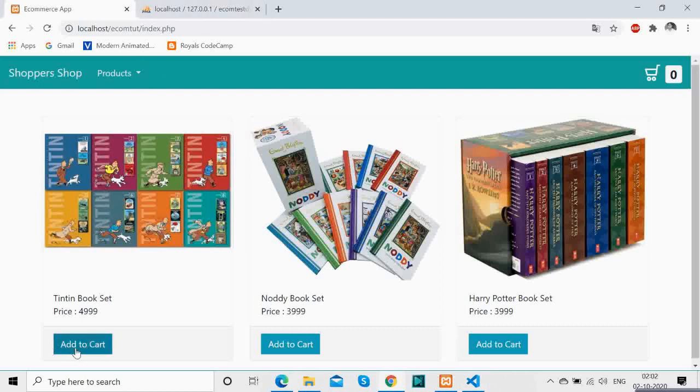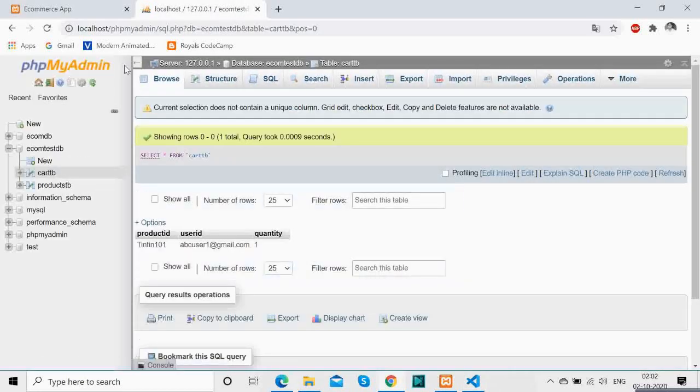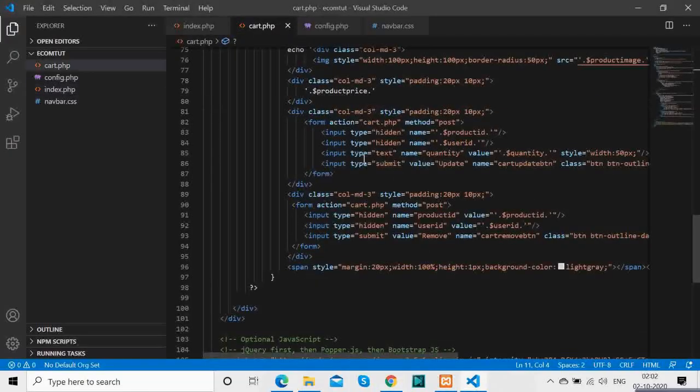We can add more logic to it, okay, but keeping things simple, initially one is added, and then they can come here, add more, okay, in that way.